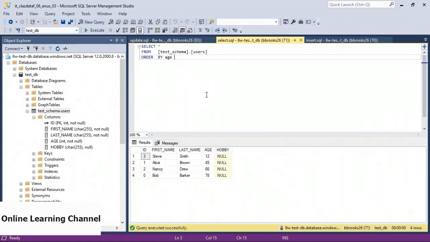If I wanted to order it the other way, descending from largest to smallest, I'll modify my query, and after age, I add the key DESC, which means descending. Now if I execute, now when I look at the results, the records are now in the order of oldest to youngest. Now that we've inserted records and we've selected them and seen them in the table, now let's update